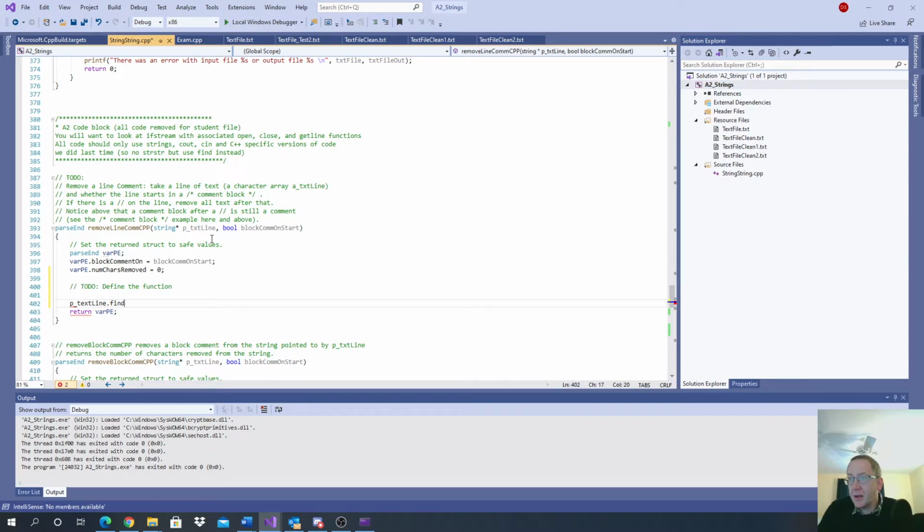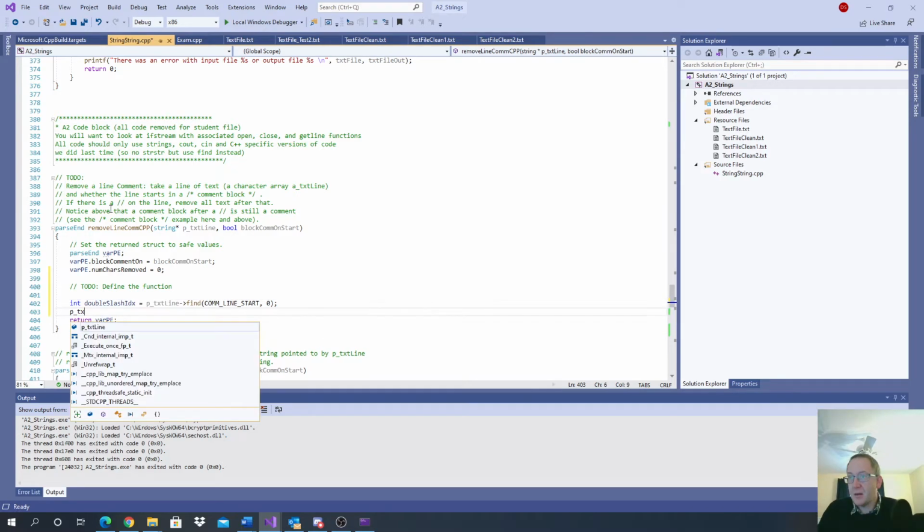Well, I already had that labeled somewhere. So it's called comment line start. Okay, that's what I'm looking for. It's going to be offset to 0. I can leave it blank. That's going to find the first instance of that double slash. Int double slash idx, the index of the double slash, and then I could do something like p text line,